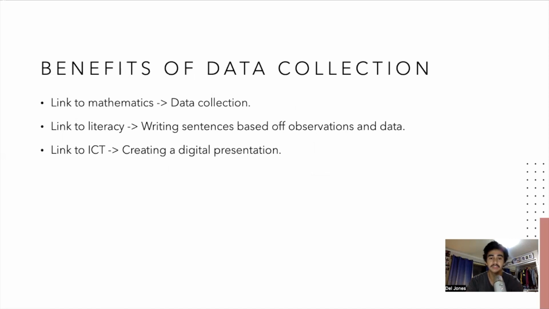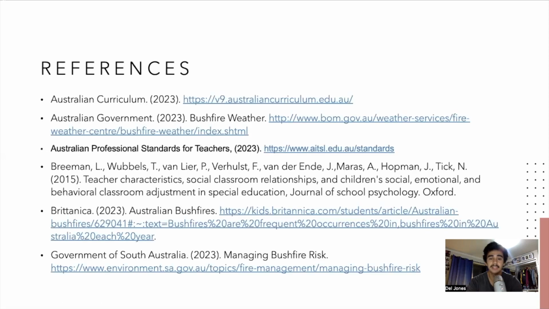Through their data collection from observation, mathematics is linked specifically towards the first component of this task. Literacy is also relevant, as students will be required to write full sentences on what changes they would make, if any, or what positives they can see regarding fire safety at the Bunyaville Observation Park. The data collected throughout the observation process in the field will be integral in ensuring students are able to communicate both the positive and negative management strategies that have been put in place or should be put in place throughout the area.